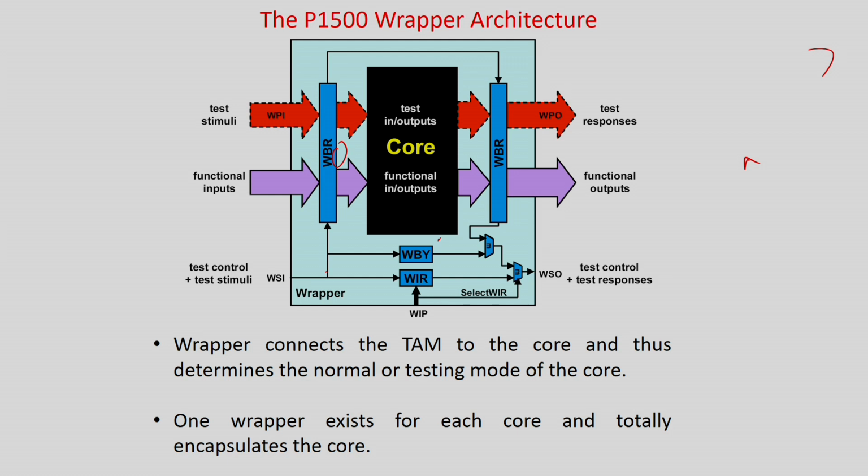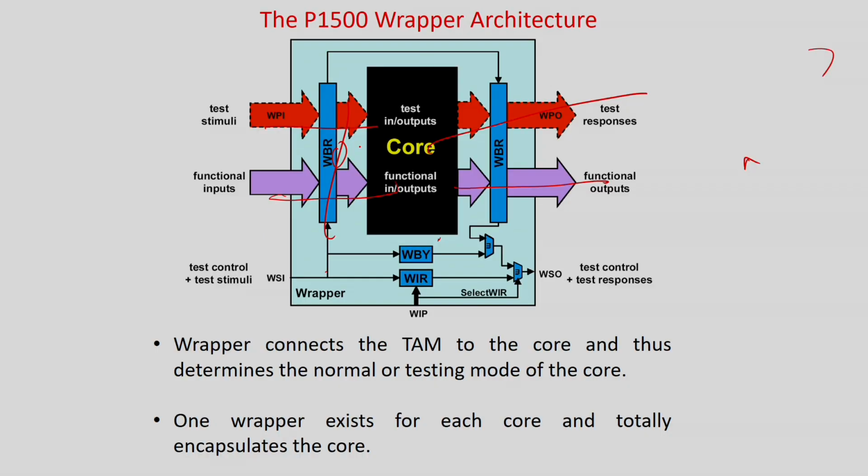What it does is it tells when this has to be applied. Accordingly the multiplexing arrangement in the boundary registers has to be changed, whether you want to shift it or whether you want to access by this mechanism, whether I have to give this as output, whether I have to give this as output. So all these multiplexing arrangements for the boundary registers have to be modified, and for that there is something called the instruction register. You give the values to the instruction register, and accordingly it will select in what mode these boundary registers have to be in.